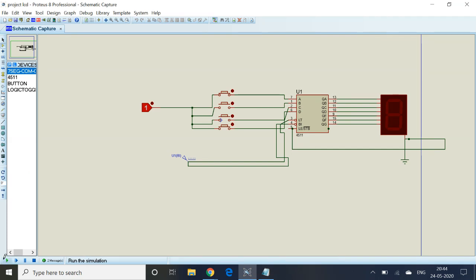If we simulate it again, as you see here, when B and D are high, then it will be blank.